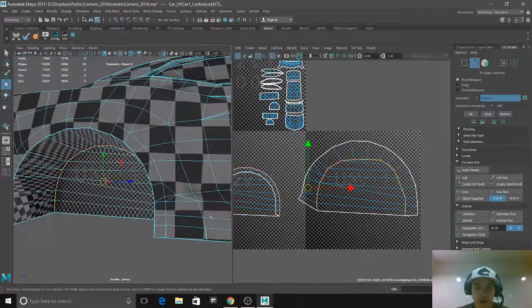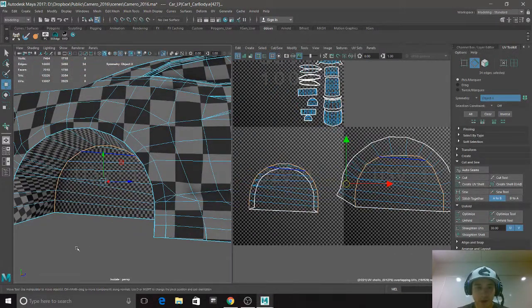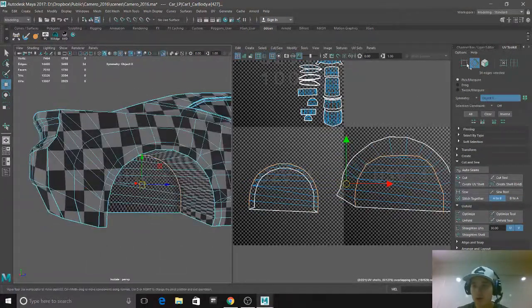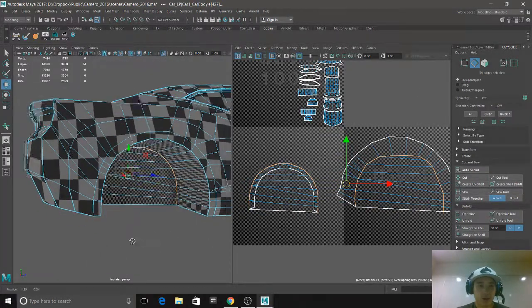Okay, so that cut the islands there. It also cut it onto the other side as well. That's what symmetry is for. I'm going to turn off symmetry now. And then I'm going to